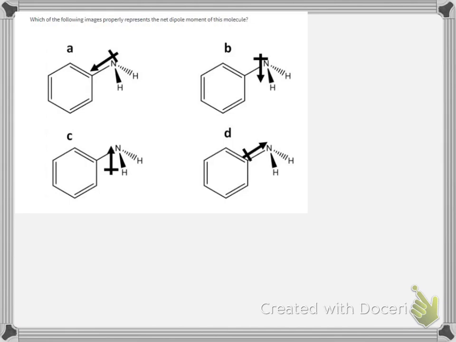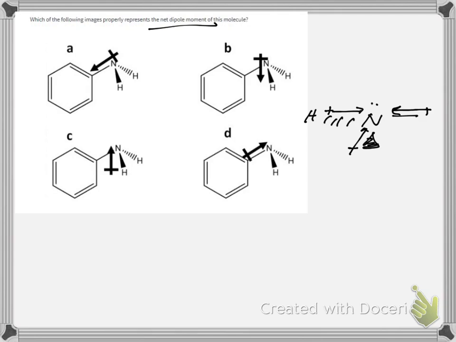All right, so this question comes up often on exams and in the homework. So let's take a look. What are we trying to do here? Well, what we're trying to do is show the correct net dipole for a three-dimensional functional group, right? There's a functional group, an amine that's attached to a phenyl group. And so what we want to,